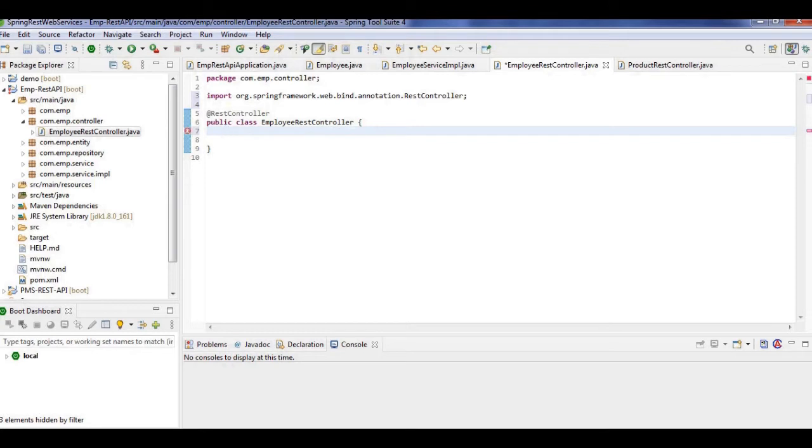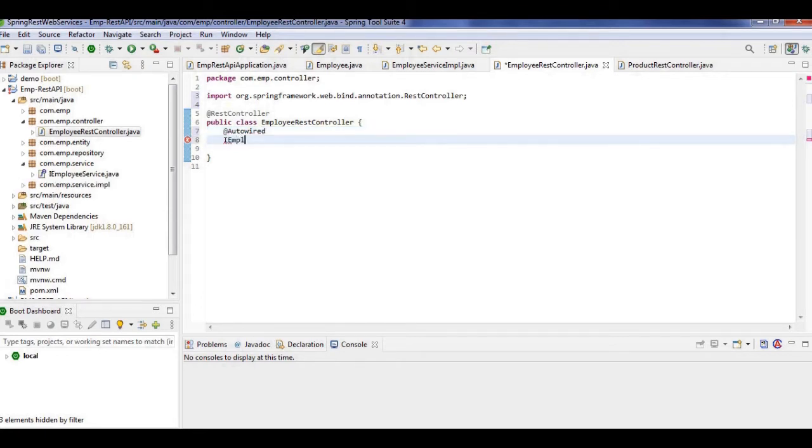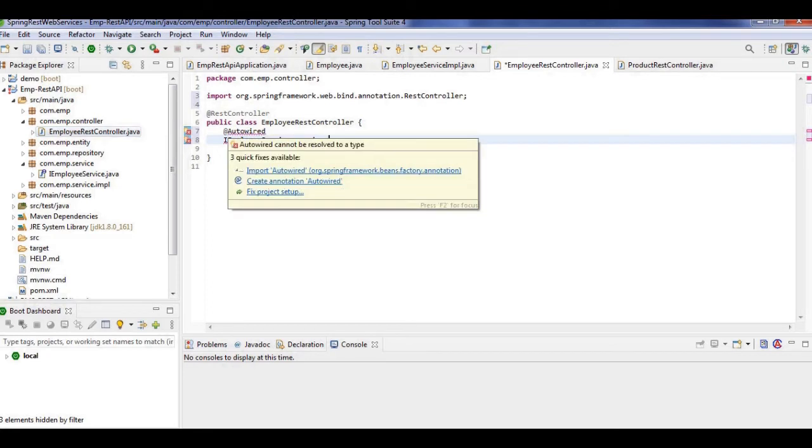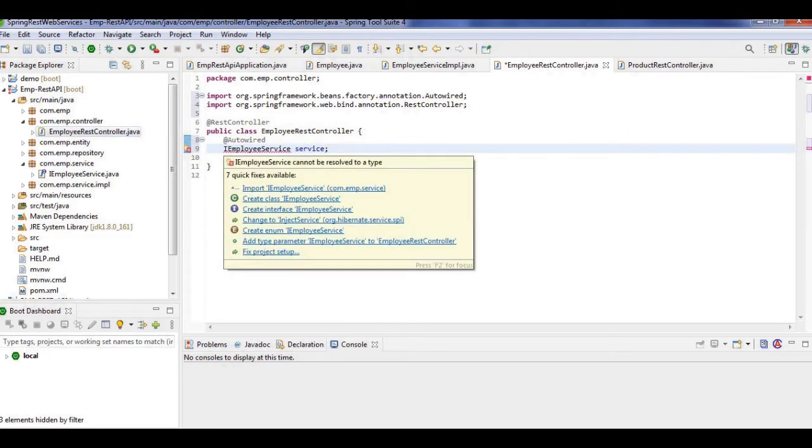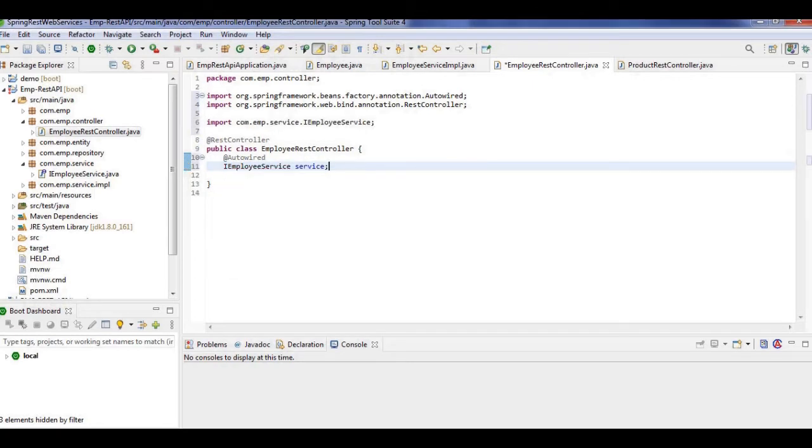So @Autowired EmployeeService, and I'm going to create this normal service object. Okay, this is done. So we are done till this point.